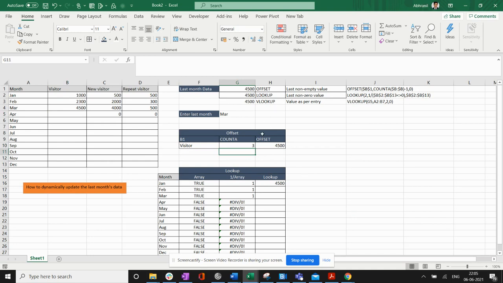Now for the lookup function, it's a bit more complicated, but long story short, it creates a kind of an array, as you can see. And this array is basically created in this part of the function. As you can see, it is an array of true and false based on whether the values that you see over here, B2 to B13, are equal or not equal to 0. If it is not equal to 0, it returns a true value. And based on that value, it again creates an array of 1 by this true